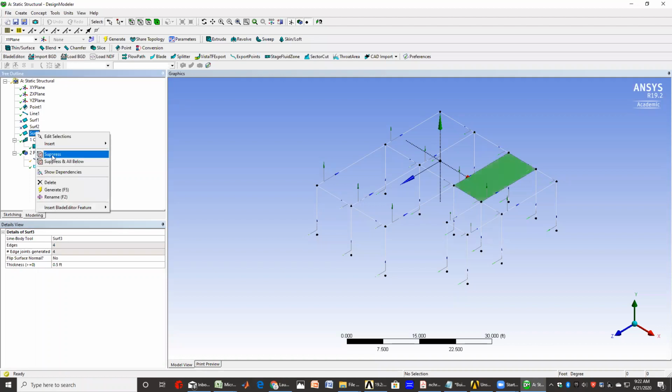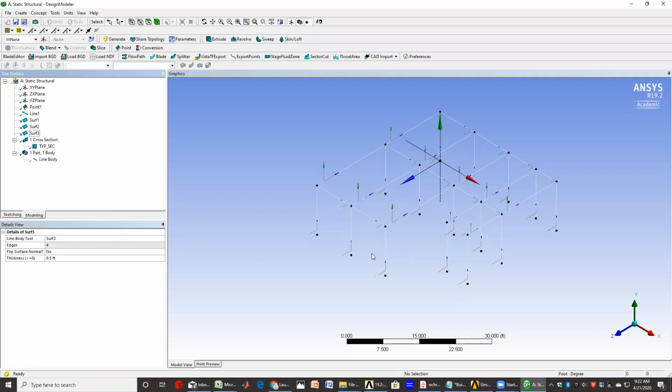I suppress, and I add a new one. Make the thickness 1/2 foot and those edges that I picked, generate